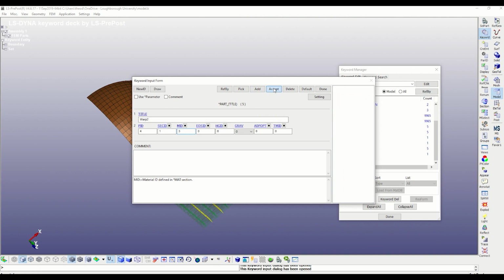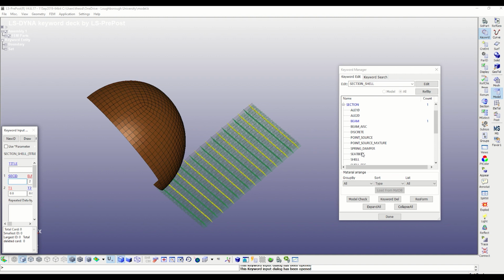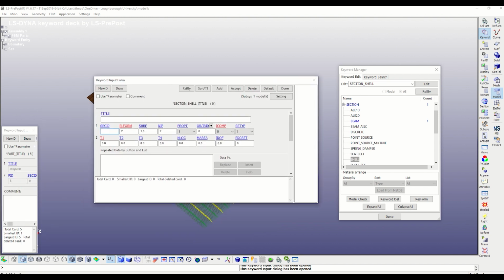We have to create the section and material cards. First we go to the section, we create a card for section shell. We give it a section ID, we leave the element formulation at the default number, and we define the thickness of the shell as 0.1 millimeters.